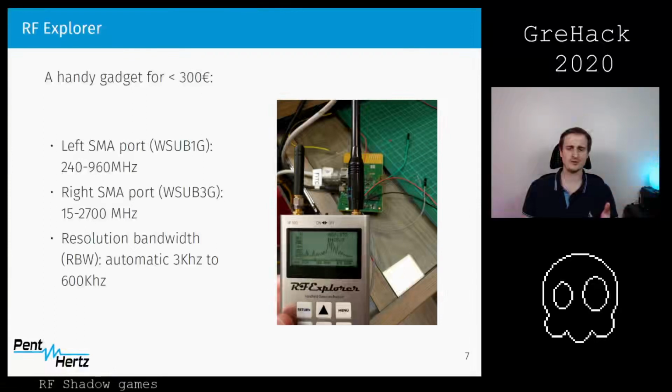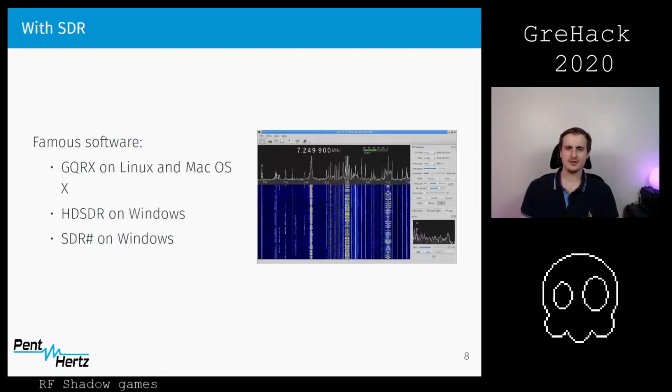It supports some frequencies, but the resolution is not very good compared to the Rohde & Schwarz, but it's okay. It's a very cool gadget to have if you want to see which frequencies are around. But you also have other ways, like using SDR with GreHack, HSDR, or SDR Chat,